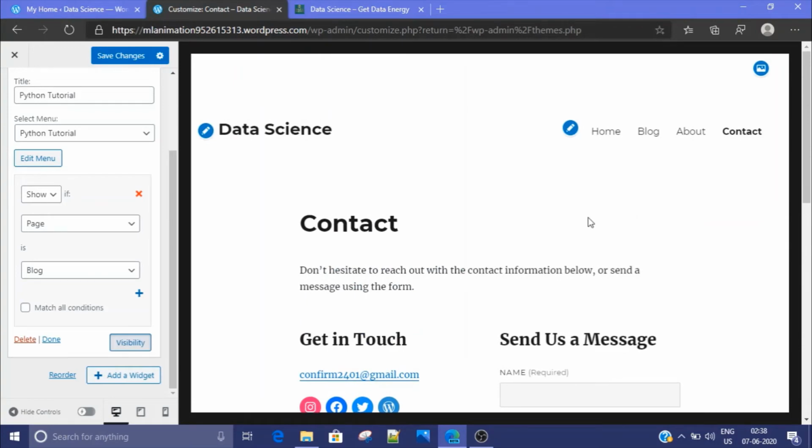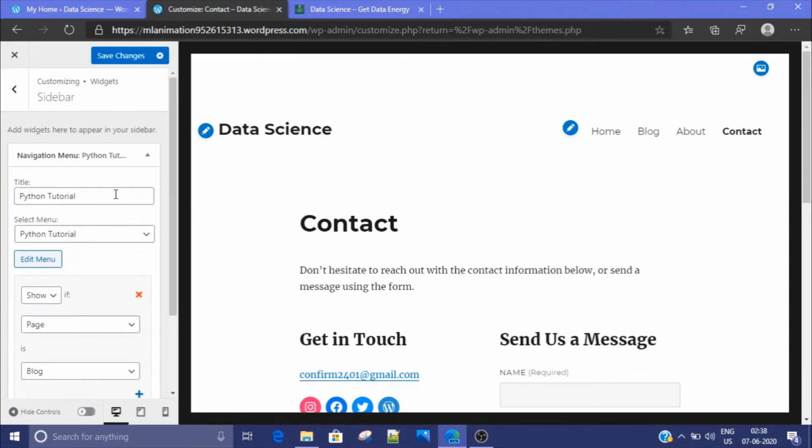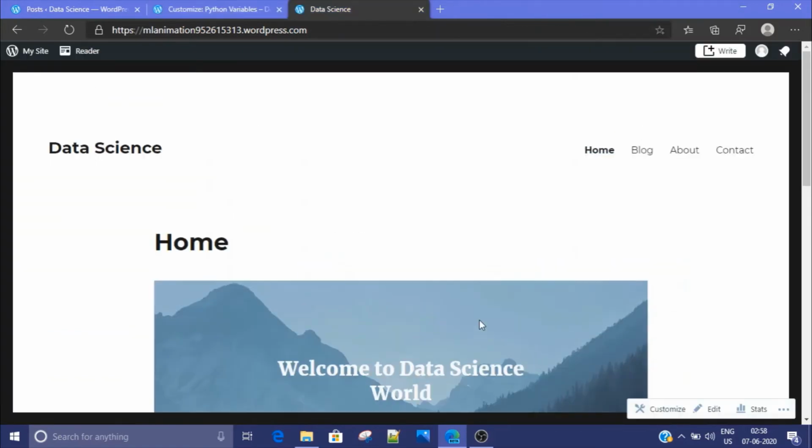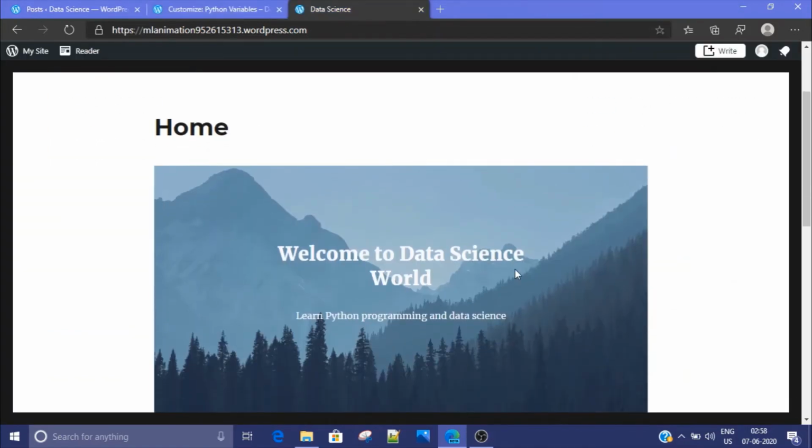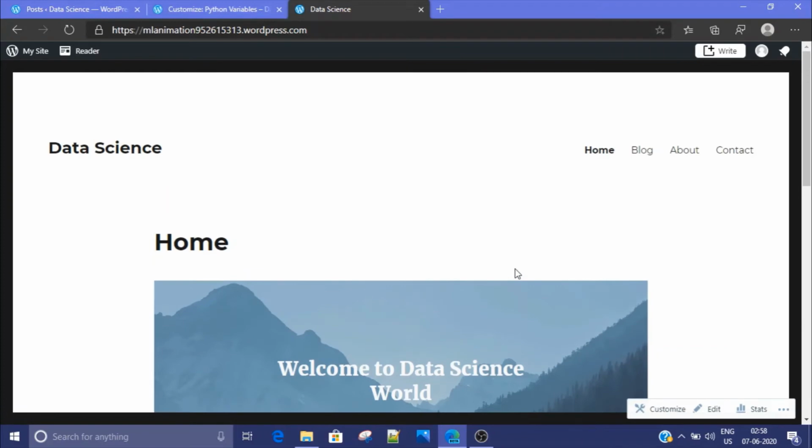So this way we can limit our sidebar on a particular page. Again, in order to save our changes, click on Save Changes button. Till now we have seen how to add sidebar on a particular page.